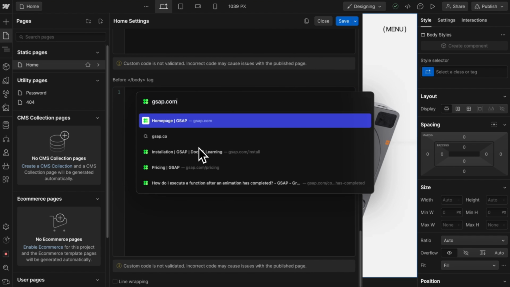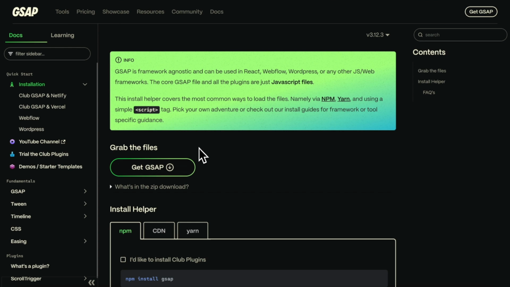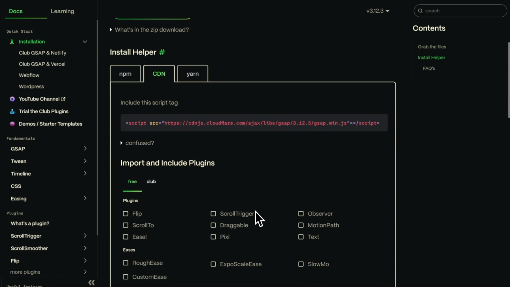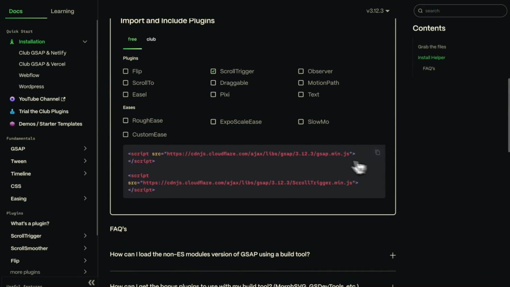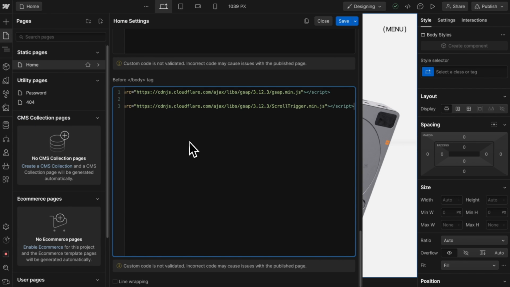Let's go to gsap.com/install. Here, we'll click on the CDN tab and check ScrollTrigger. This gives us the GSAP and ScrollTrigger links that we can copy and add to Webflow. We'll be using a tool called CodeSandbox to write our code, so we can update it without having to republish our site. Let's copy the first line, add it below the others, and we'll replace this URL with a link